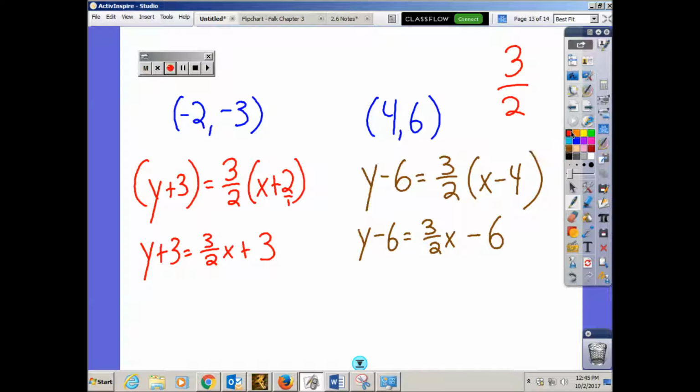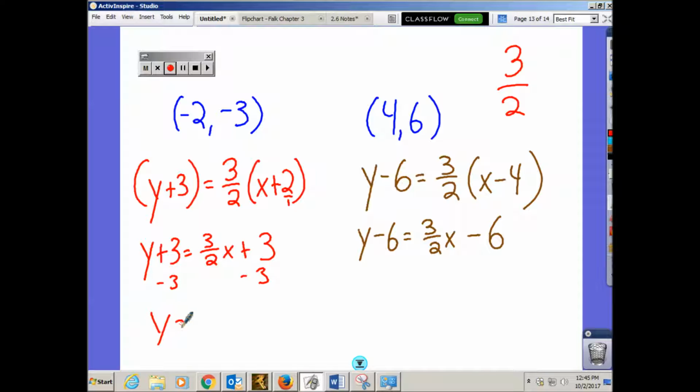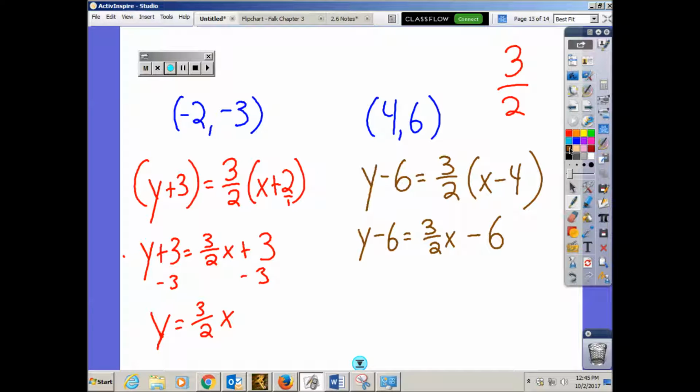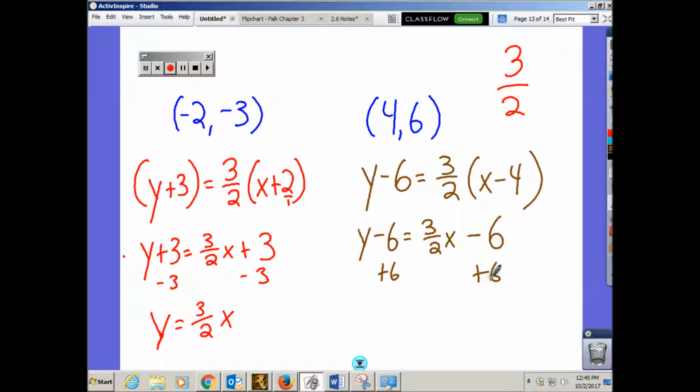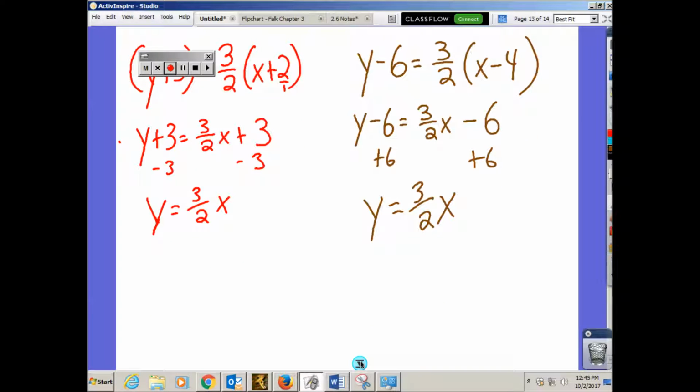So what would I do next? Minus 3 from both sides. I get y equals 3 halves x. That means that the y-intercept must be 0, correct? This equation is going through 0, 0. Let's see what happens on the brown equation over here. I add 6 to both sides. Oh, it cancels out. I get y equals 3 halves x. Did I get the same thing both times? Yes. Woo! Now, I can just take one of those because they're the same thing and convert it to standard